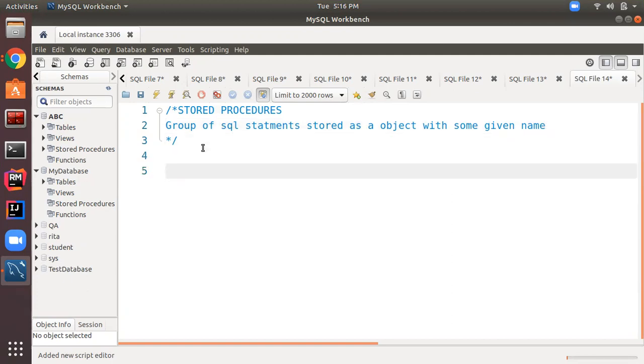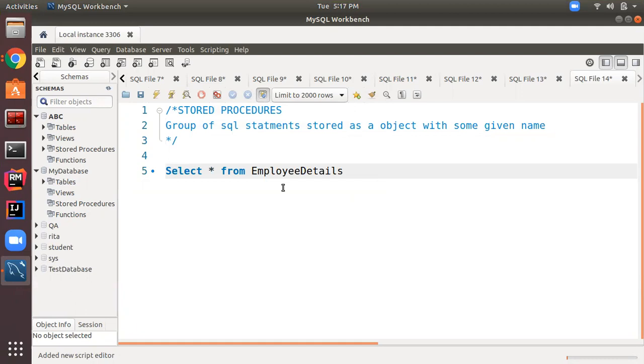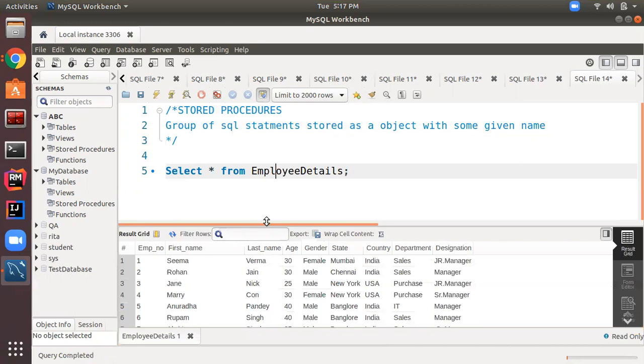So let's learn this. First of all, I want to show you the advantage of a stored procedure. Let's suppose I want to retrieve records from the employee details table. I will write the query select star from employee details, right? Then it's showing me the records present in the employee details table.